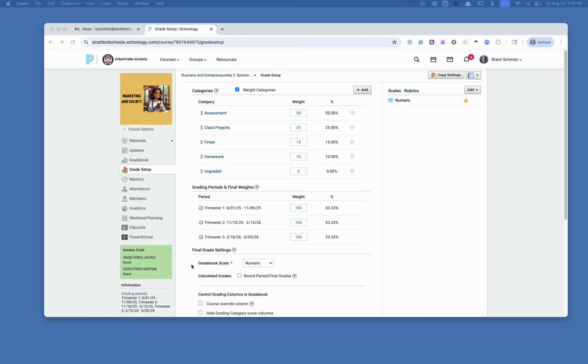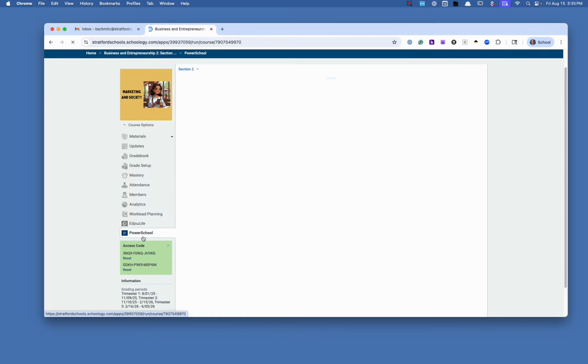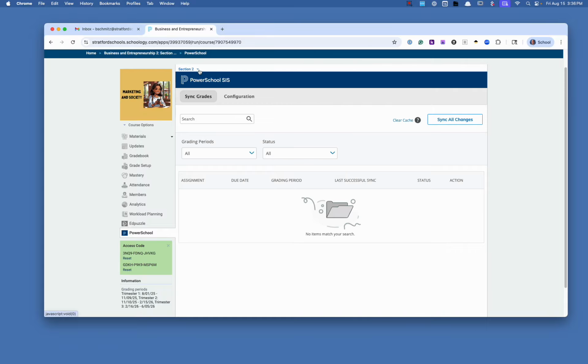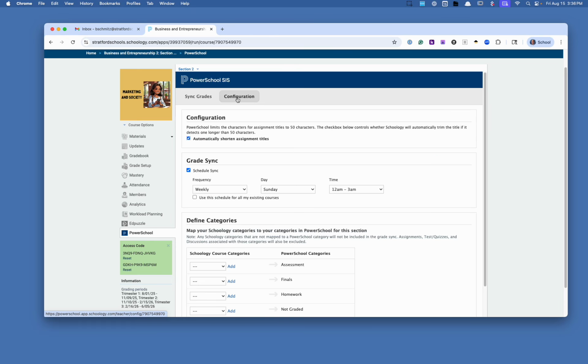What is important to note is that when you go to PowerSchool, you will notice right away section 2. This is important because if you don't do this, what I'm going to show you here in just a minute, you may run into errors with your grade books not syncing. Again, this only applies to those teachers who decided to